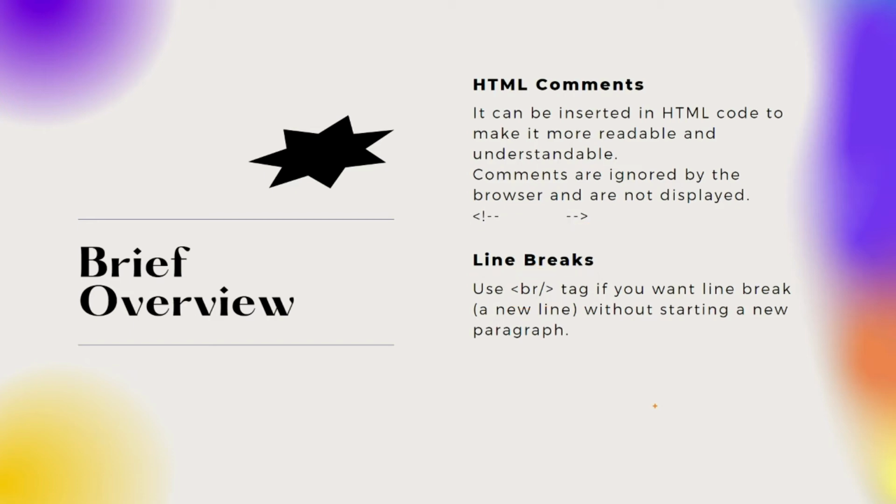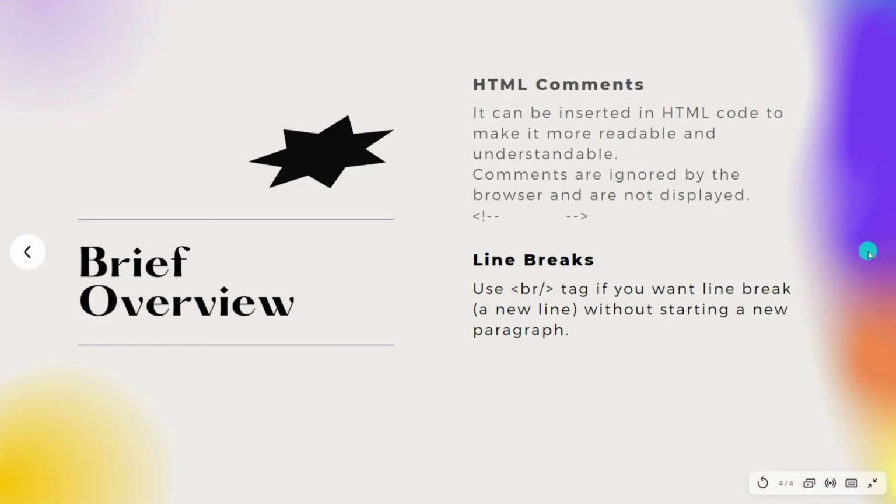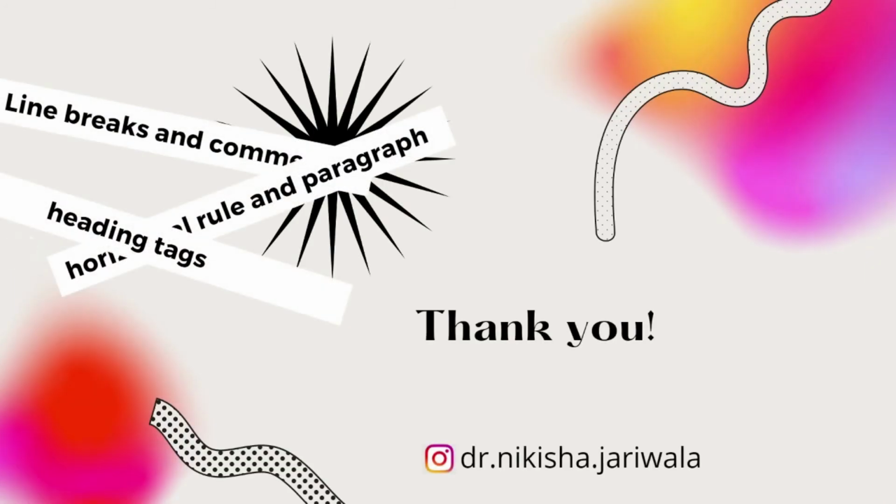So friends, here are the 5 basic tags that we can use within our HTML document. With that, this is the end of the presentation, within which we have seen 5 basic tags. That is for drawing the horizontal line, for paragraph, for giving headings, for writing comments within our HTML document. And the last tag that we have seen is related to line breaks. Now, as we always do, we will see the practical demo of each and every tag that we have seen within this presentation. And for that purpose, again, we will use the same HTML document, that is first.html, which we have used in previous videos.